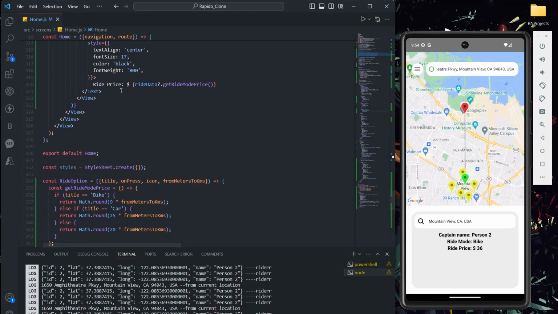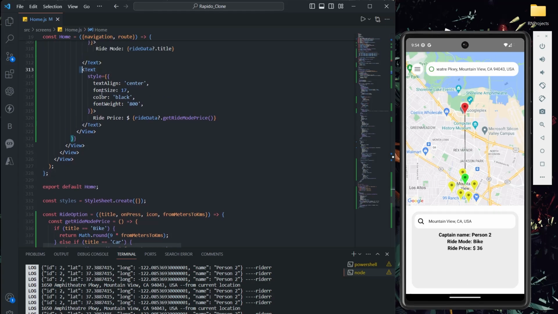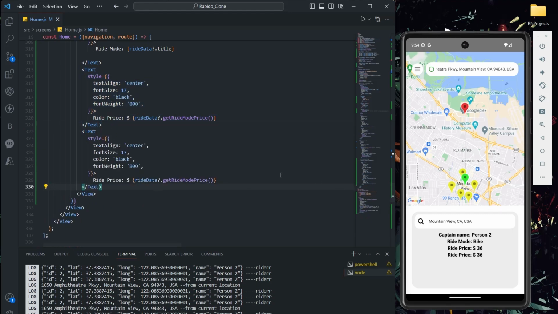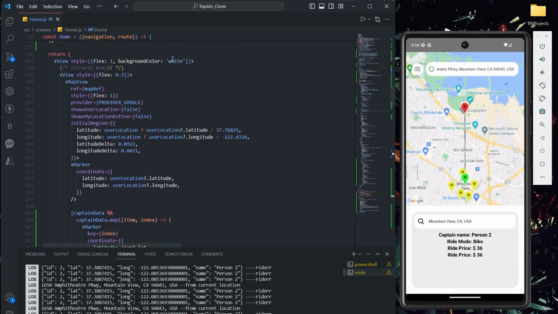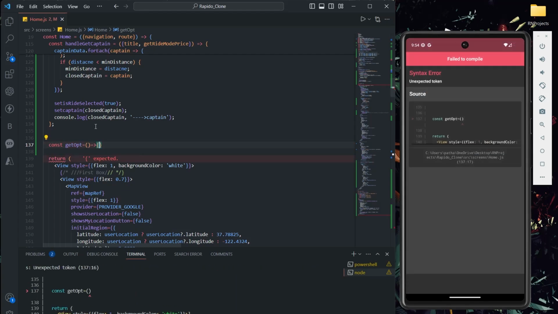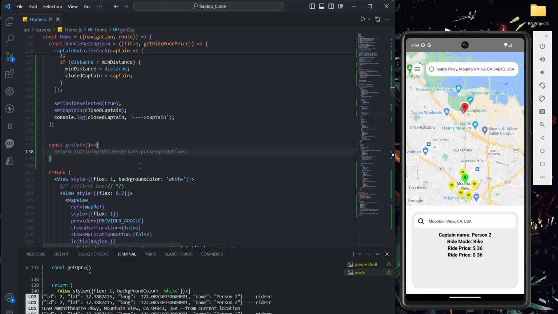Perfect. And just to make it a bit realistic, like usual in the Rapido app, you will see some OTP also, right? Let's create that also. Random OTP, nothing but. So to do that, I'll create one function above return, like I'll say const getOTP equals to. So whenever I call this function, I'm going to get one OTP.